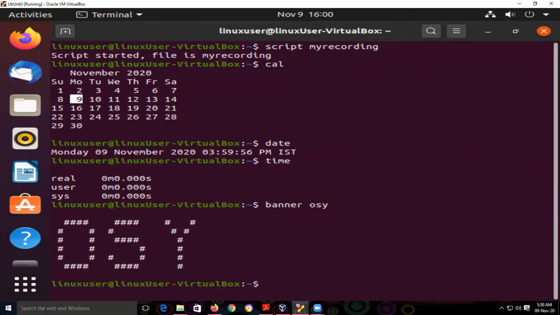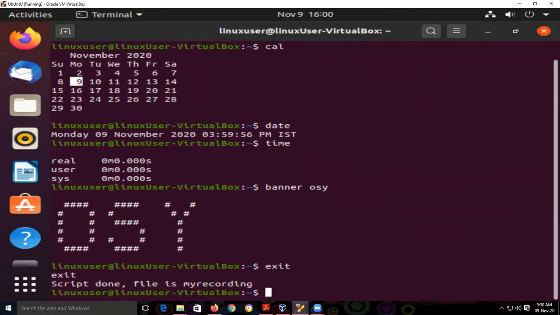My recording is a file name. If you don't give a file name and only type script, the recording starts in the default file, called typescript. Then to exit from script or recording, type exit. Script done, file is my recording.